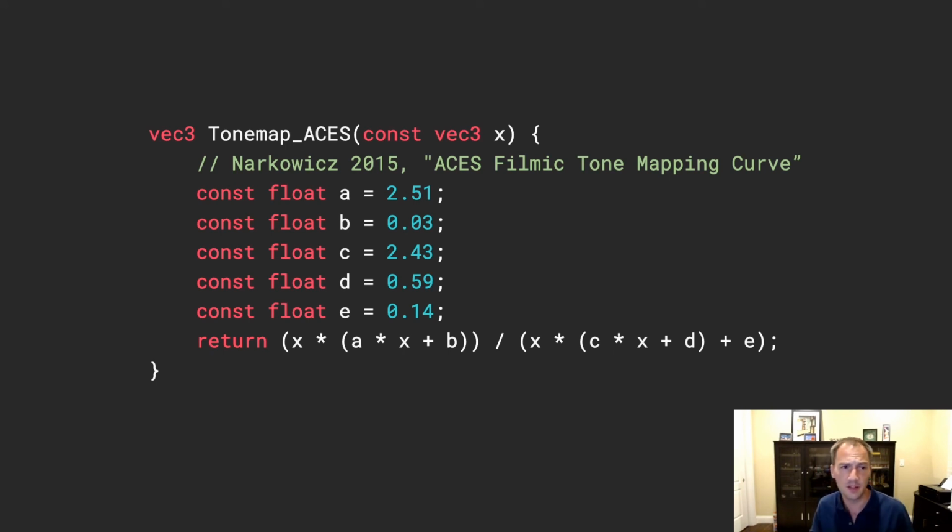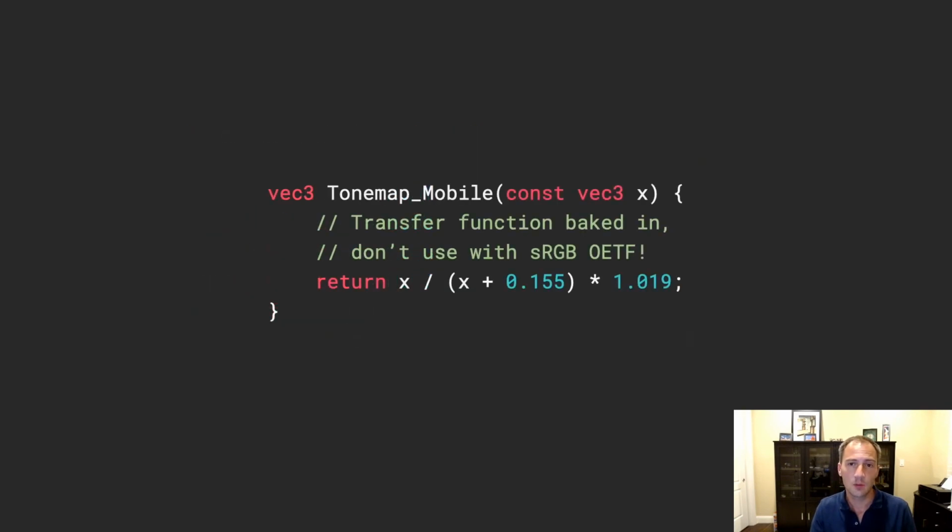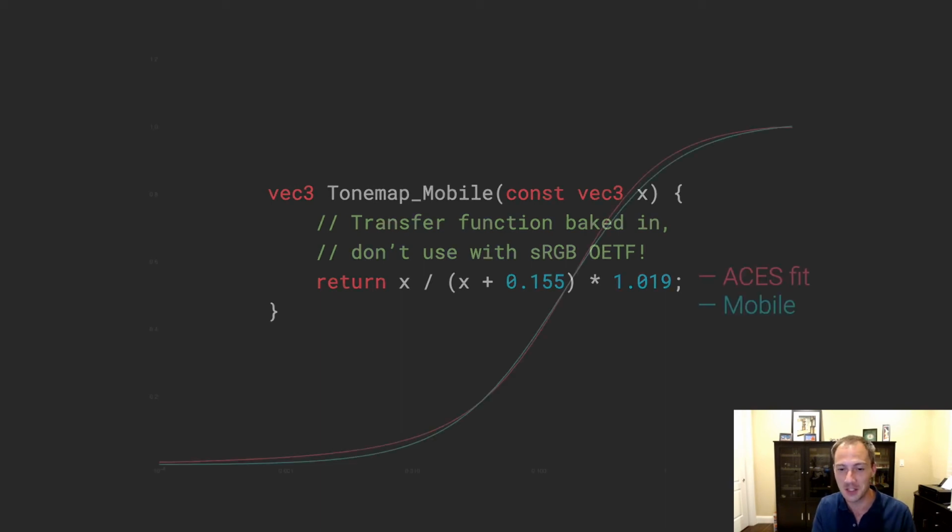You apply it in linear space, and you have to apply your transfer function or your gamut mapping if you want to do something fancier. Especially, it's very simple, especially compared to the real ACES process. And here's what we propose instead for mobile. It's a division and a MAD, extremely fast, and it also happens to bake in an approximation, a gross approximation of the sRGB transfer function. It's all kinds of wrong, but it's good enough for mobile. And like I said, it is cheap.